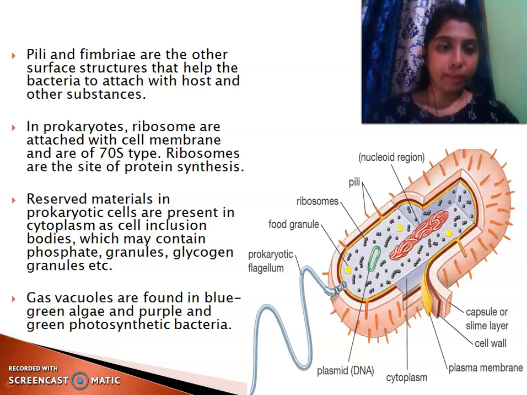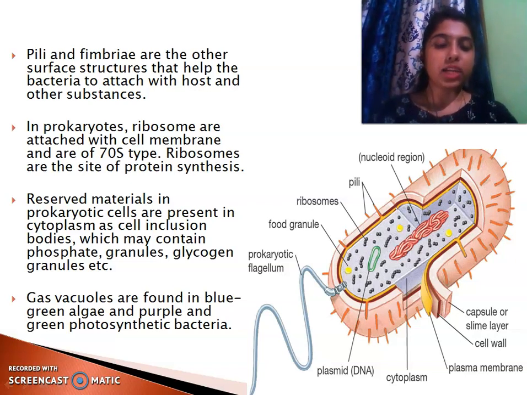Next, you can see that the ribosomes are present. They are of primitive type and they are generally 70S type. The main function of ribosome is protein synthesis. Okay, all the organisms require protein to survive, and so it is very essential for our cells and in turn our body to synthesize protein. And what acts as the site or place where the protein is synthesized is nothing but the ribosomes. Clear? Okay.